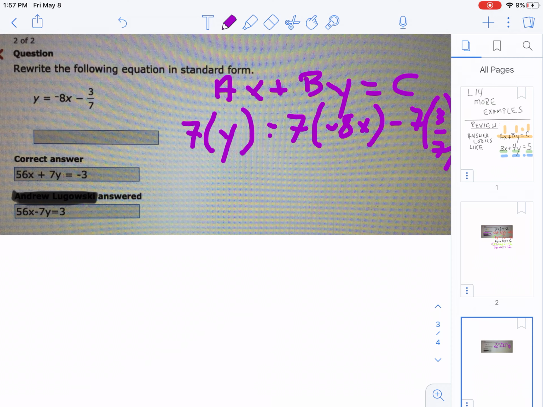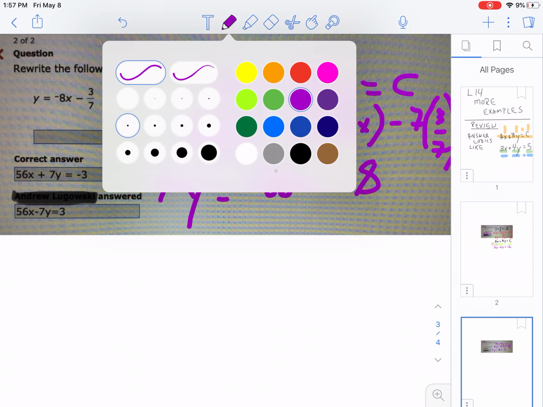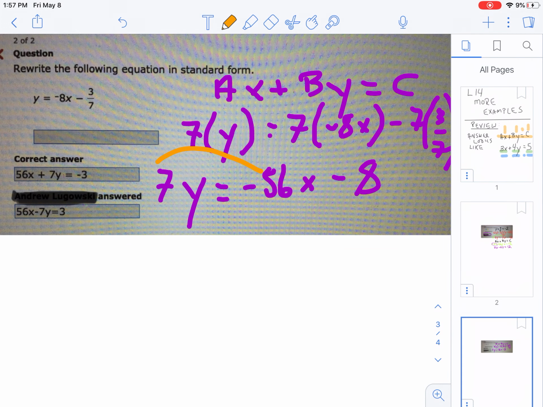Okay, we'll do our multiplication. That gives us 7y equals negative 56x minus 8. Now we have to get the equation in standard form. So what we're going to do is move the x over to this side. So that will give us 56x plus 7y equals